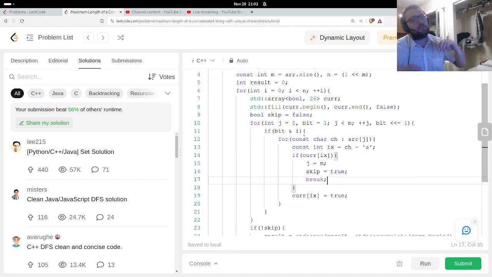Thinking. Oh. I should probably convert the substrings themselves to integers, to bit masks.